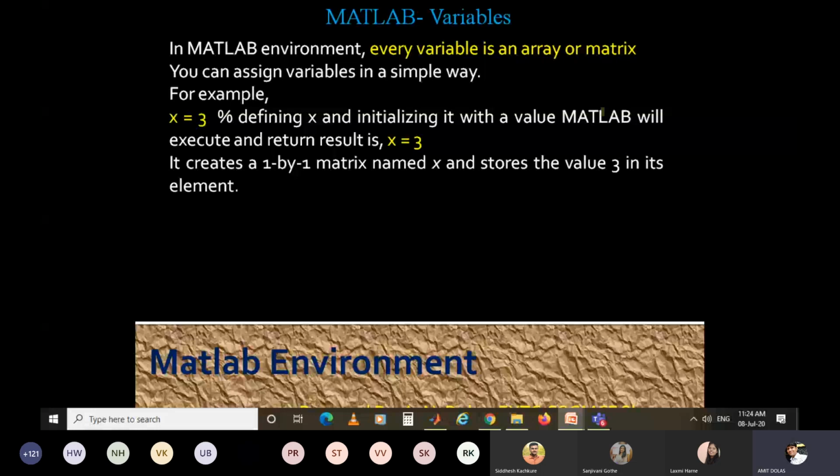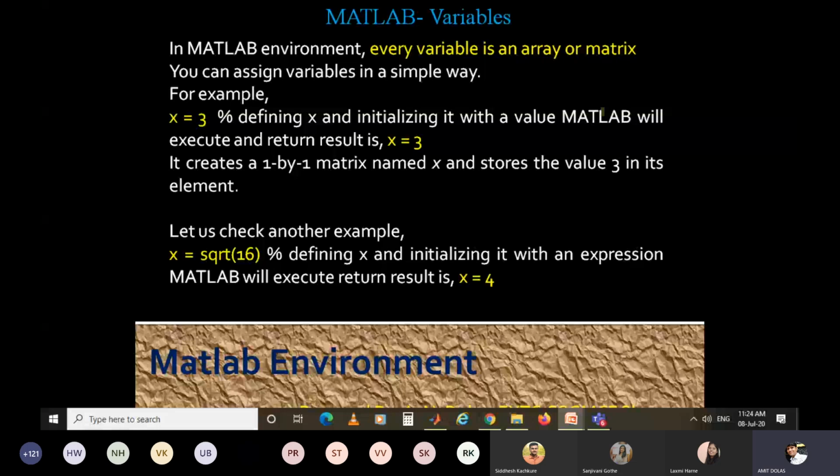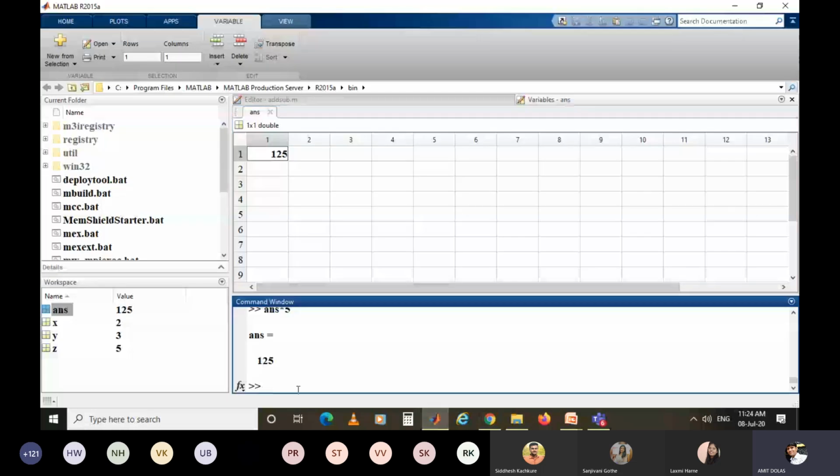Then let's check another example. x is equal to square root of 16. Defining x and initializing it with an expression, MATLAB will execute and return x is equal to 4, because it will take the square root. So I will write here x is equal to sqrt, square root, in brackets number 16, bracket close. So x is equal to 4.